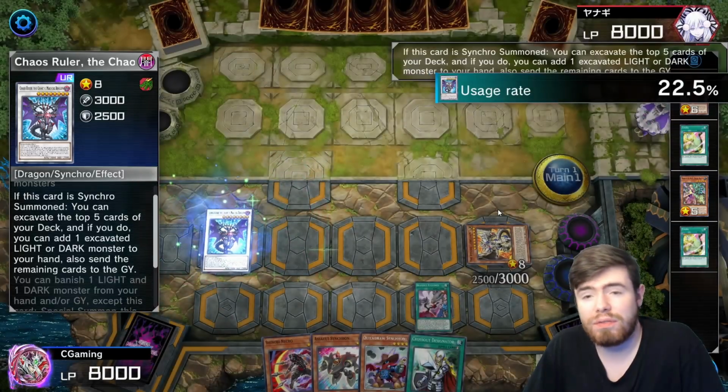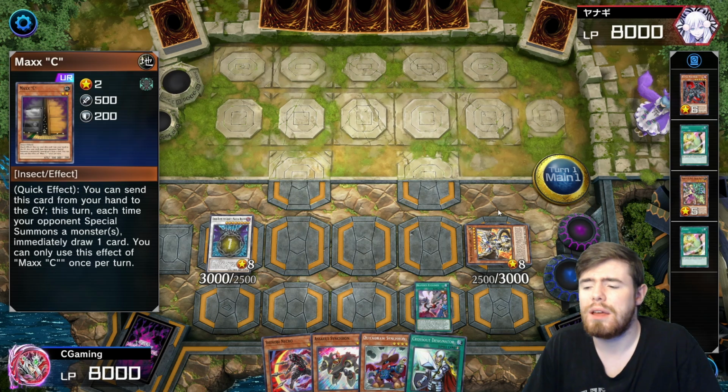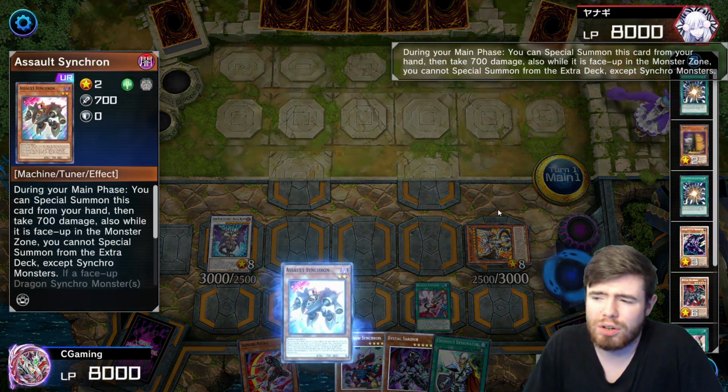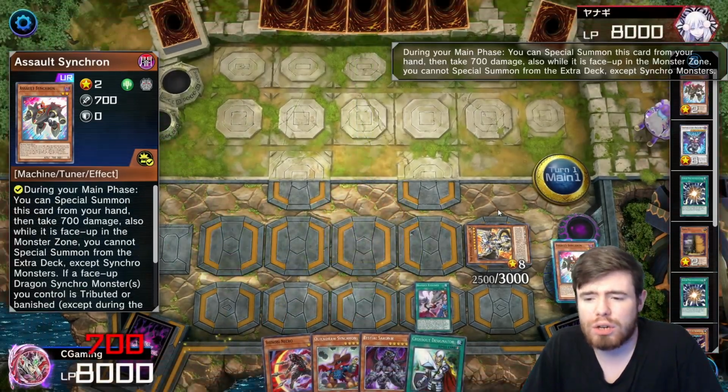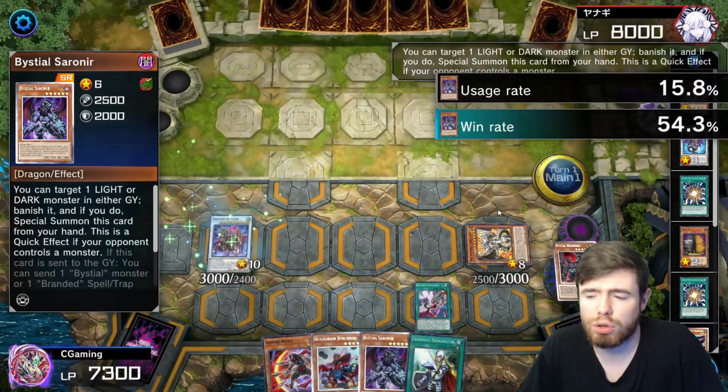Chaos Ruler going to mill 5 off the top of the deck, hopefully summoning a monster among them, or sorry, grabbing it from deck to hand. We grab a Saranir here, Saranir being a pretty decent card. The rest of those cards not really doing very much for us. Assault Synchron, special summoning out to the field, going to go into Baron de Fleur. That gives us protection against hand traps. We're going to go Saranir now,